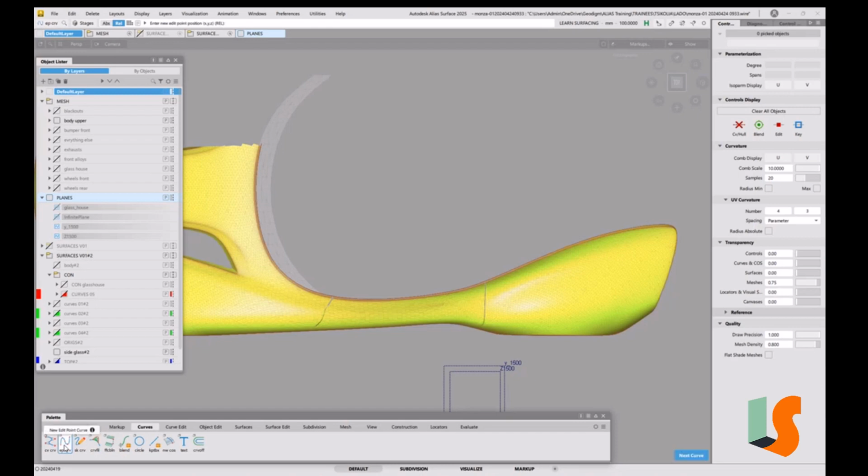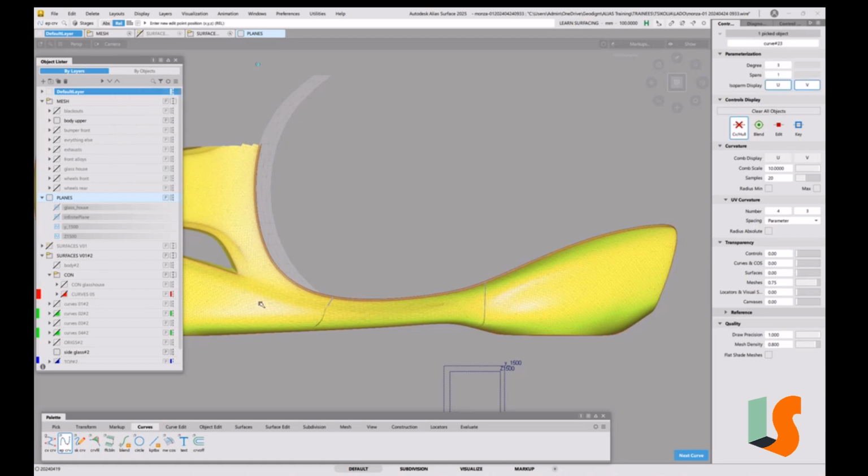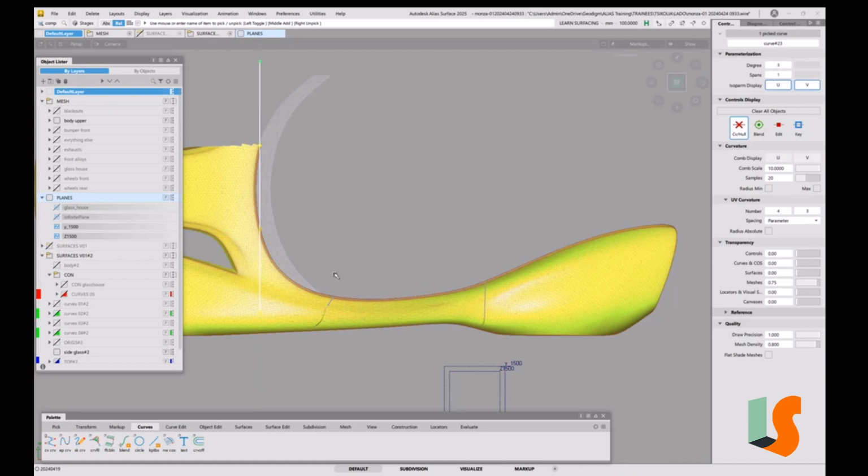So we'll do edit point. Let's make it degree 3, and it doesn't matter where we pick, just there and there. I'm not in top view, am I? You can tell it's in top view when it goes green, and because I wasn't quite in top view, the curves just ended up there, which isn't useful, not what I wanted. So we'll just create an edit point over here and across there, and that's created as a degree 3 immediately, and then we can go into symmetry, make that symmetric, and